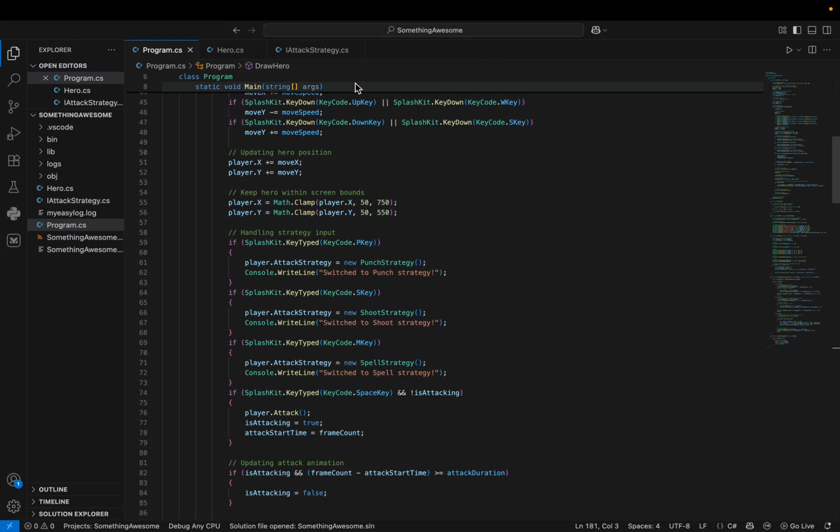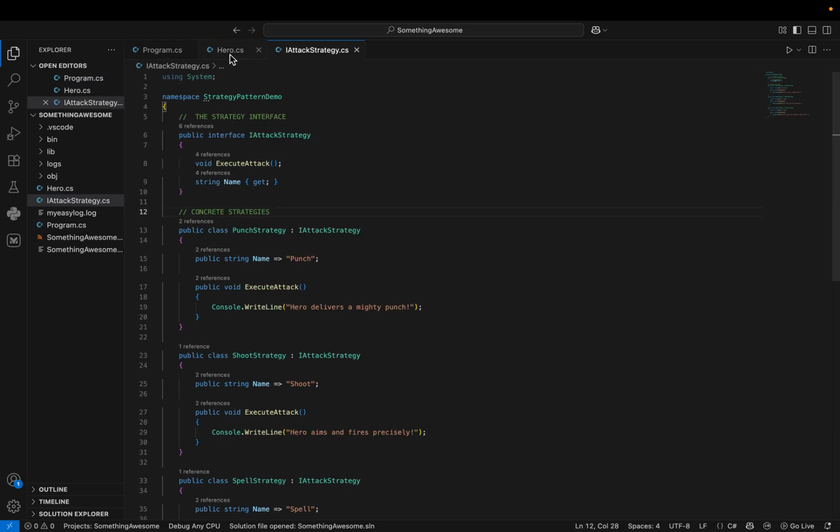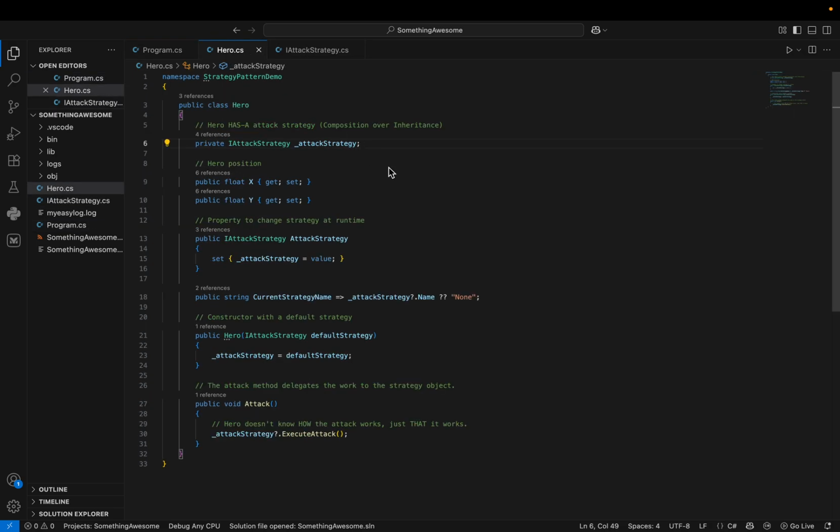So these are the three .cs files which I've created for the program, and this is the hero class. You can see it has a private field called attack strategy. This is the internal state and it is hidden from the outside world. The hero attack method doesn't contain a single line of code about how to throw a punch or cast a spell. Instead, it simply delegates the work by calling